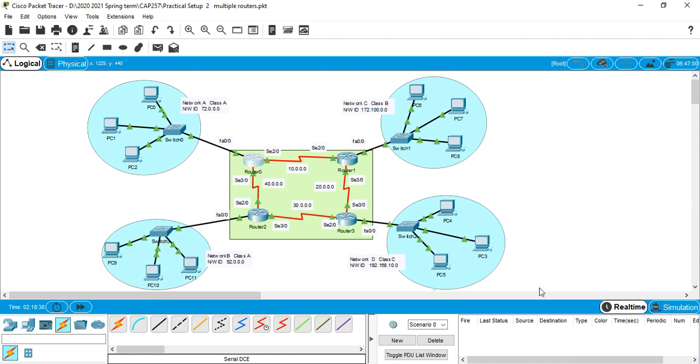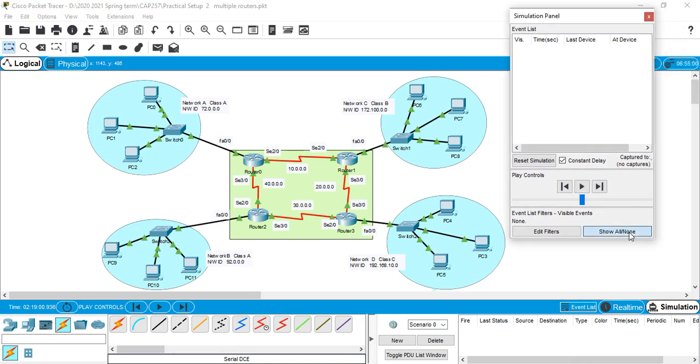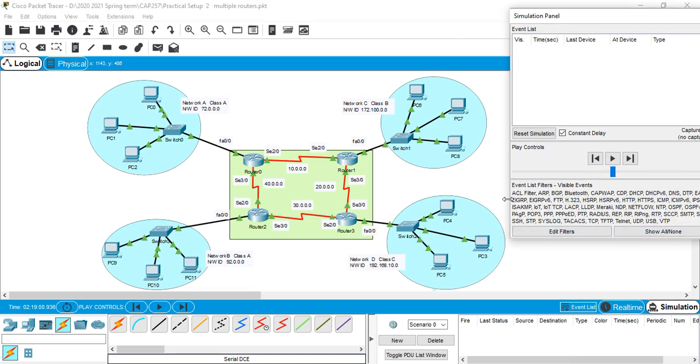Now step 4, we have to check whether my packet is moving across the network from one network to another network or not. Again, click on the simulation mode. There might be multiple protocols over there. Click on show all, or none.